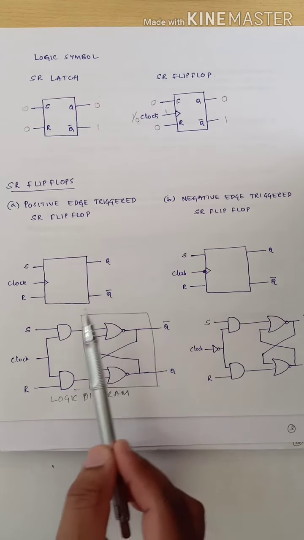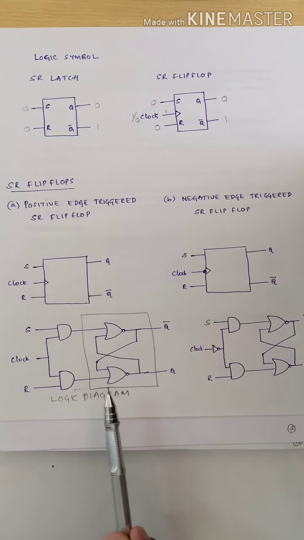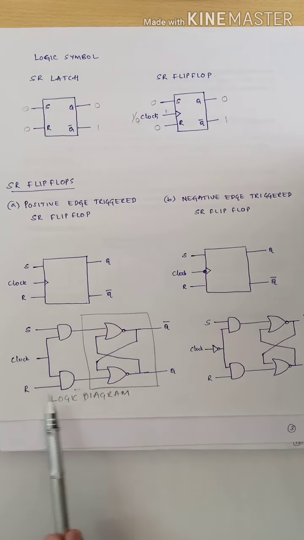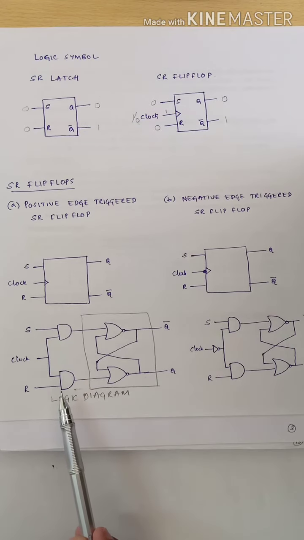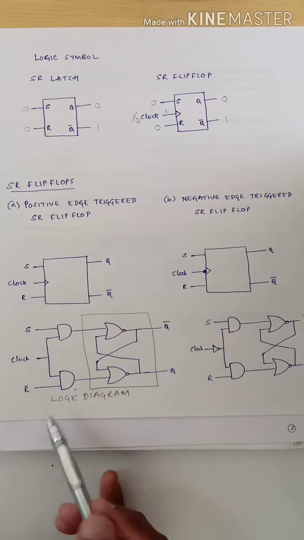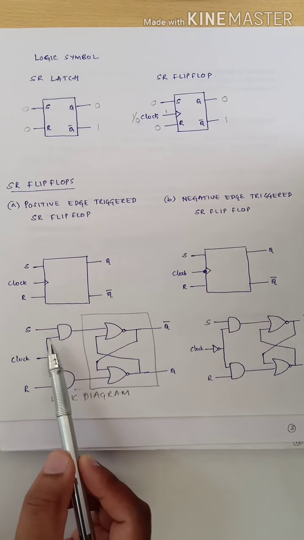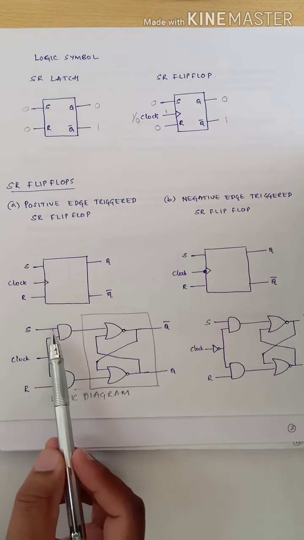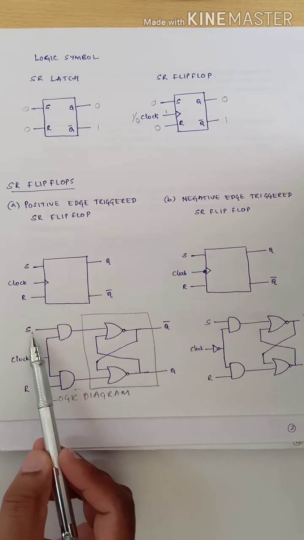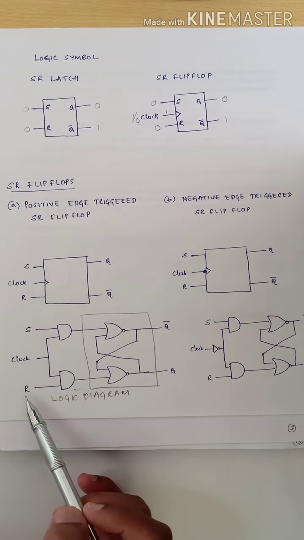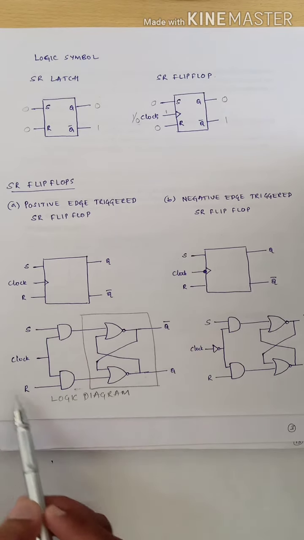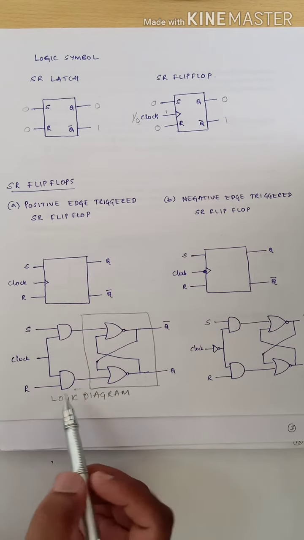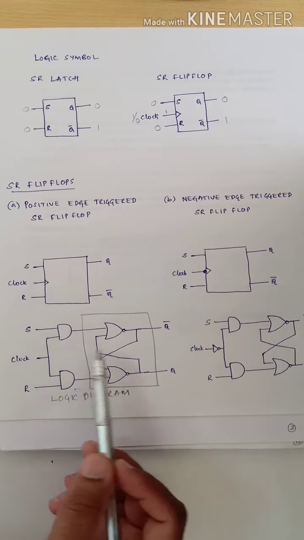Now this part of the diagram, the SR latch constructed using NOR gates, will behave exactly as I have explained earlier. And this is the additional portion of the logical diagram, which is constructed using two AND gates. As per this logical diagram, one input of both AND gates is connected to the clock input, whereas the other two inputs are connected to the two main inputs of the SR flip-flop, that is S and R. This part of the logical diagram is required to allow the signal to flow into the latch.